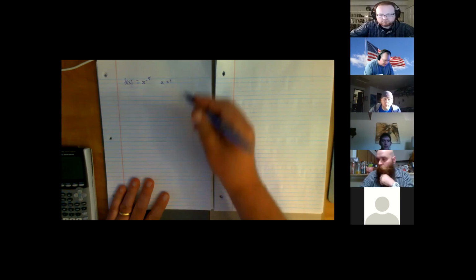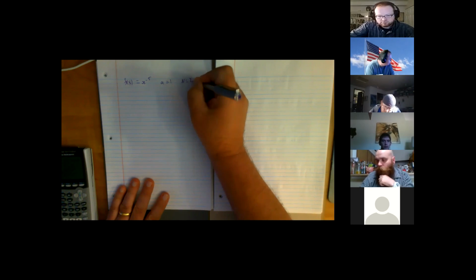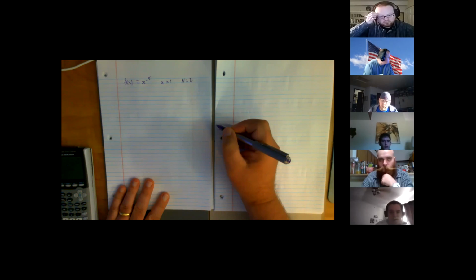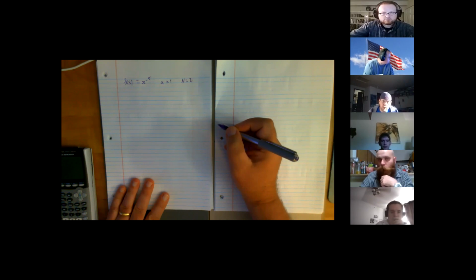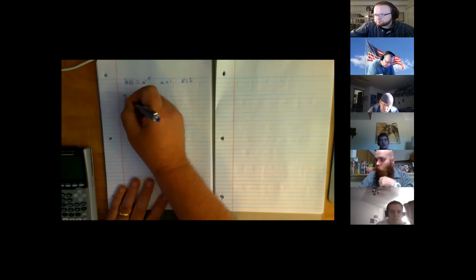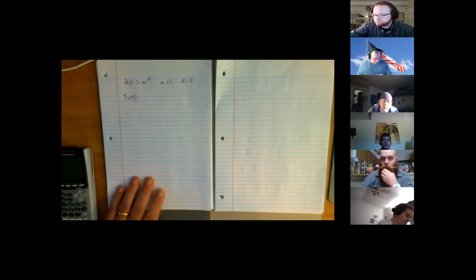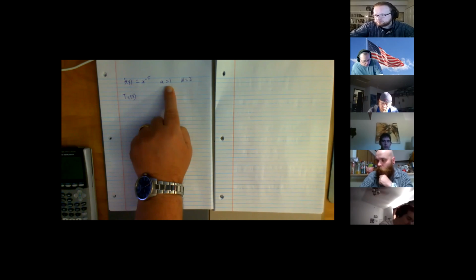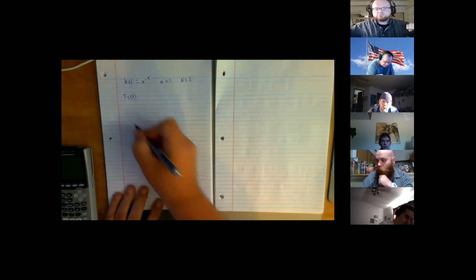And what else do we know? n equals 2. I don't need to know why you're telling me n equals 2, because the question is pretty obvious. n equals 2 because they're asking you to find T2 of x. So this is a Taylor series centered at 1, T2 of x.